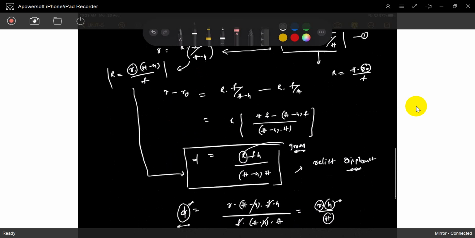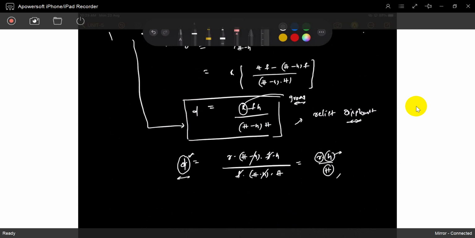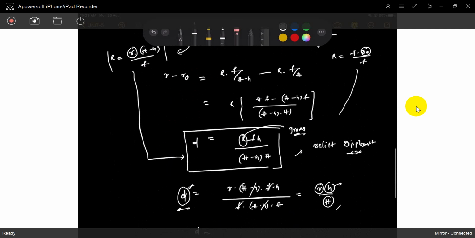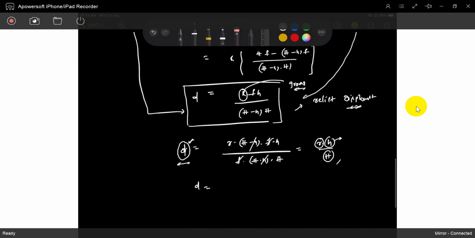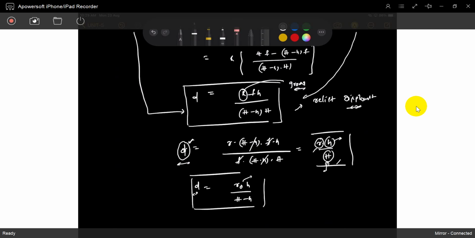Understood? That's my question. Based on this r, otherwise relief displacement, you can put this value and you will get r naught h by small h. These are the relief displacement. If you know r or r naught, any one, taken from the picture, and you can observe the relief displacement, then based on that, this is the flight height. We can call it the flight height. Based on that, you can easily identify the height of that object. Get it now? That's the question. So now you can observe it.